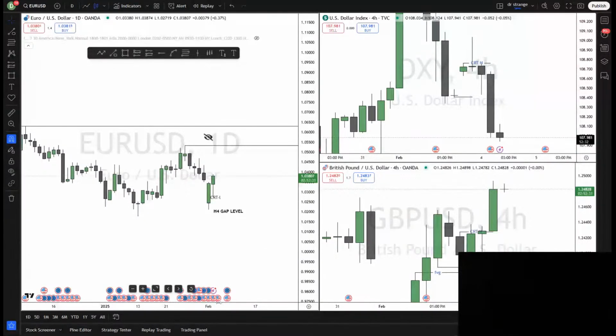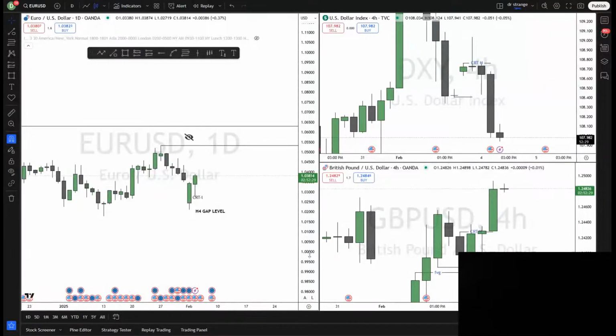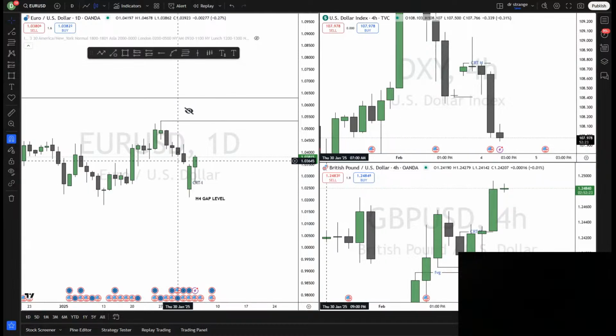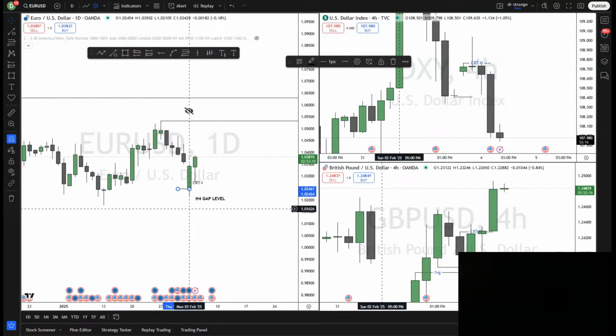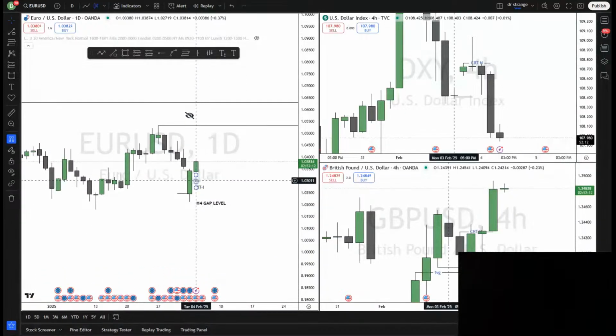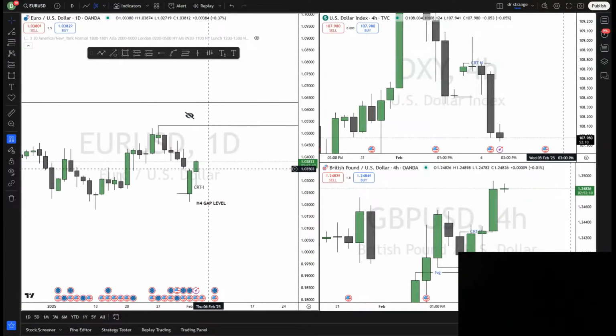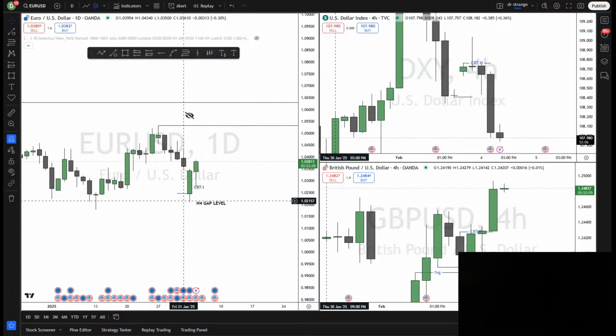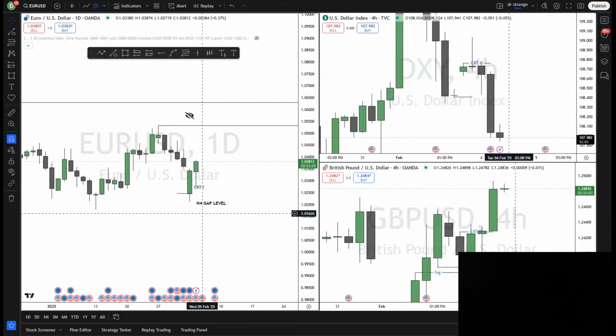On a daily basis, what happened is that on Monday we opened, and then we immediately dropped. And this was our opening price right here on Monday. What ICT tells us is that when you're bullish, you buy on Monday, buy on Tuesday, and Wednesday it's risky, but you can still do that. So when we dropped like this, immediately when we opened on Monday, we just started to rise up.